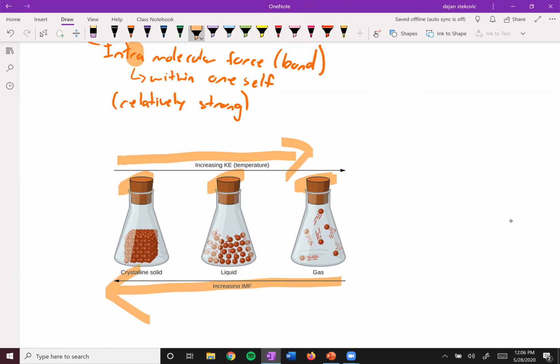So towards the left, towards the solid, we have more intermolecular forces. Towards the gas, we have essentially no intermolecular forces. So yeah,